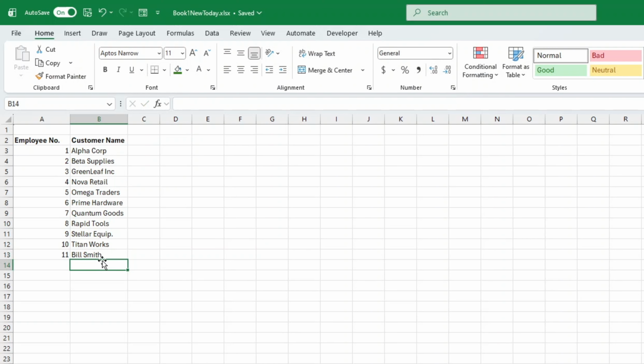And that's it. Multiple ways to create numeric and alphanumeric serial numbers in Excel, whether on a blank sheet or